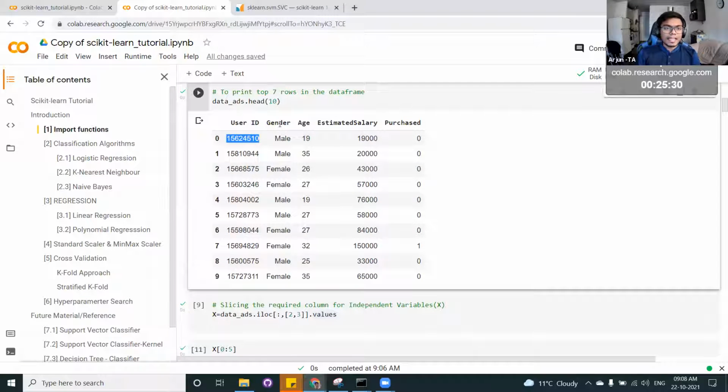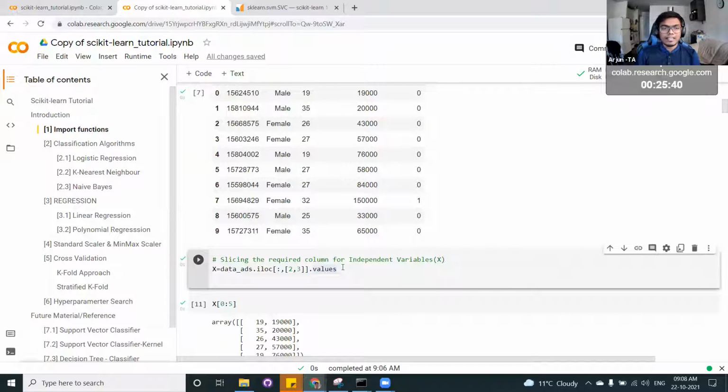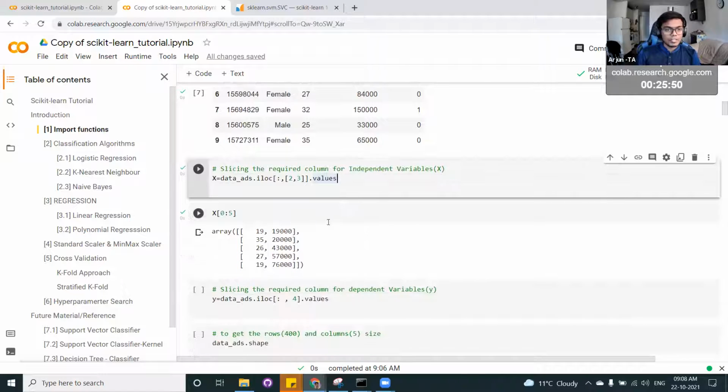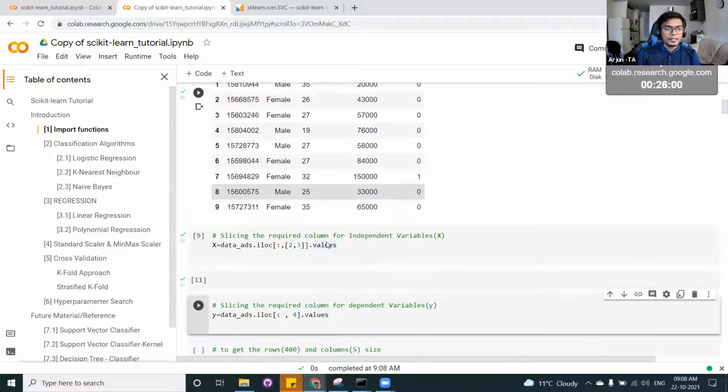The ideal way would be to take gender, age, and estimated salary, and then predict whether the customer has purchased a product or not. However, in this problem, we will be taking only 2 columns just to make sure we can do some visualizations, because as the dimension increases, it would be really hard to visualize. So for that purpose, we are slightly not using the gender column.